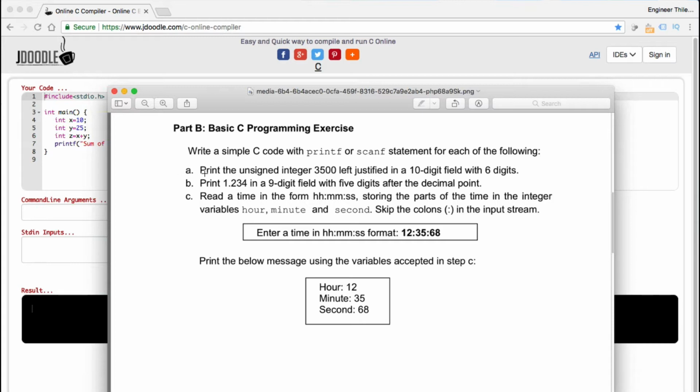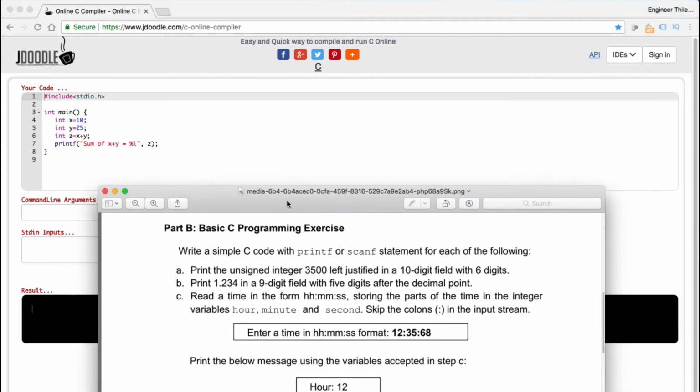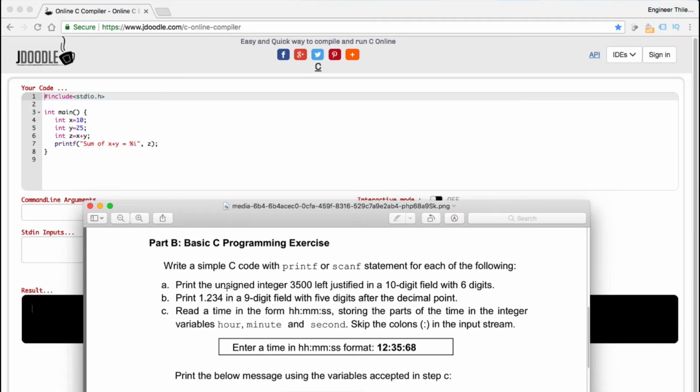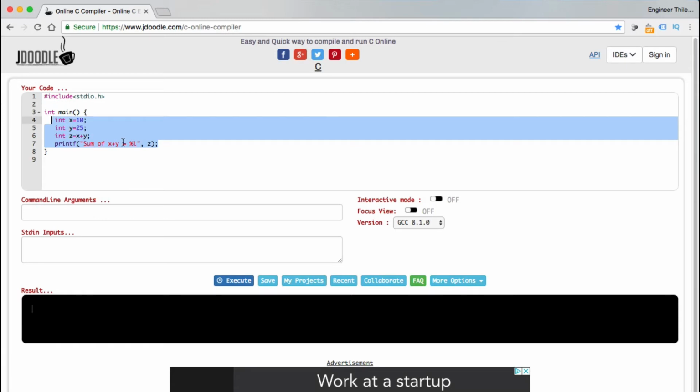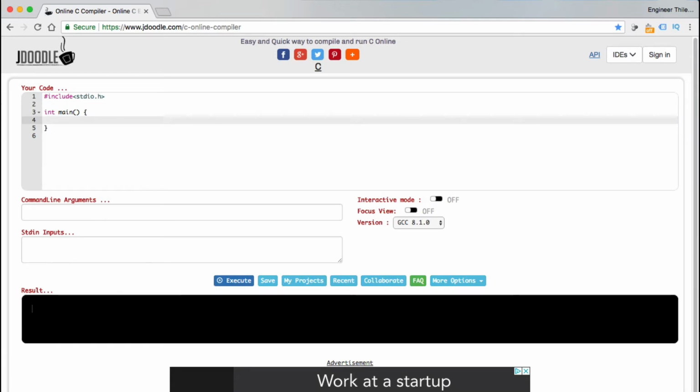The question here is asking, print the unsigned integer 3500 left justified in a 10 digit field with 6 digits. Okay, now how to do that? They are asking to print the unsigned integer 3500 left justified in a 10 digit field with 6 digits. The program for this one is going to be just a simple code, printf,